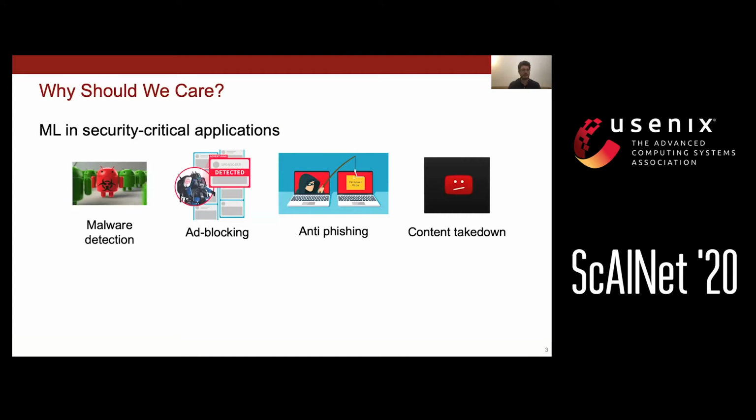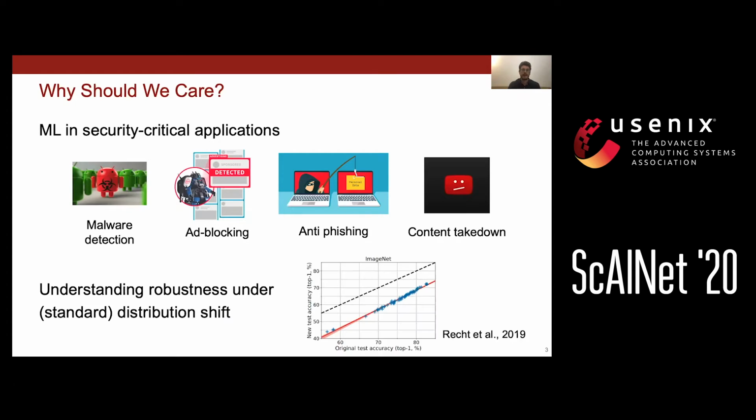So why should we care about adversarial examples? I think there's two main complementary reasons to study them. The first is because they give a lot of control to adversaries against deployed machine learning systems. And this has strong implications for the use of machine learning in computer security for things like malware detection, or web security, things like detecting ads, phishing campaigns, or forbidden content. And on top of this, studying adversarial examples might also help us understand models' robustness to distributional shift in a more general sense, with the ultimate goal of building more reliable and safer machine learning models.